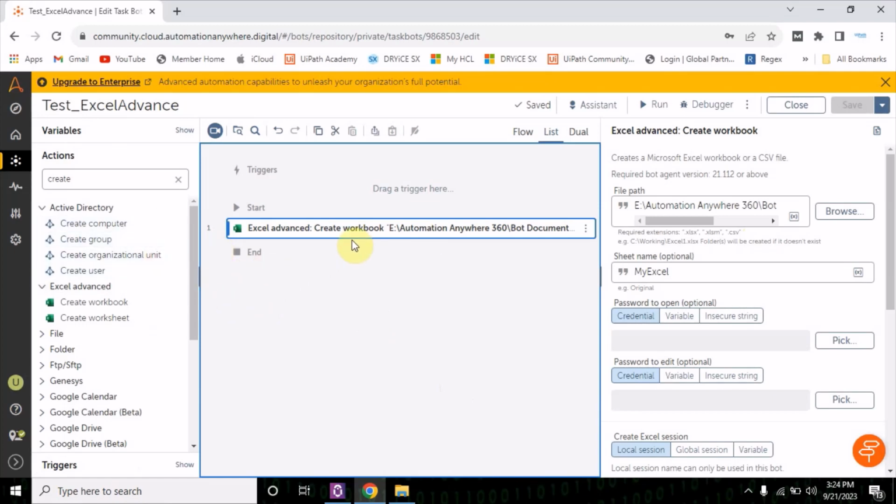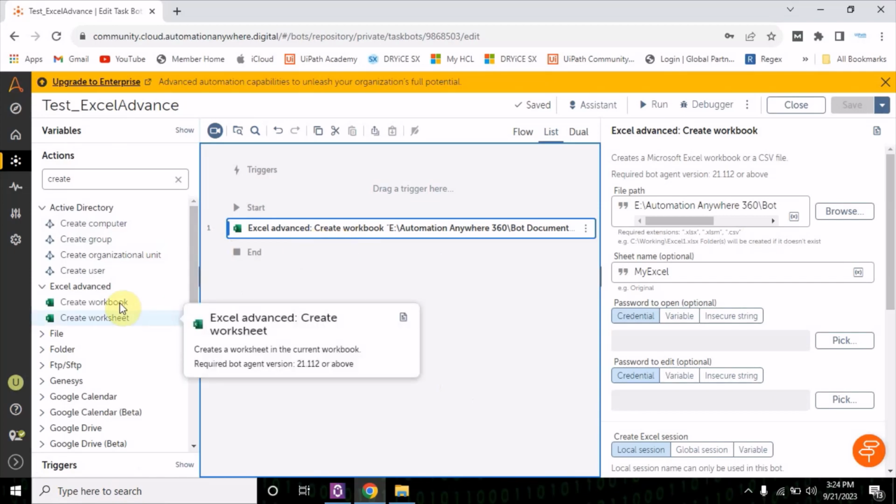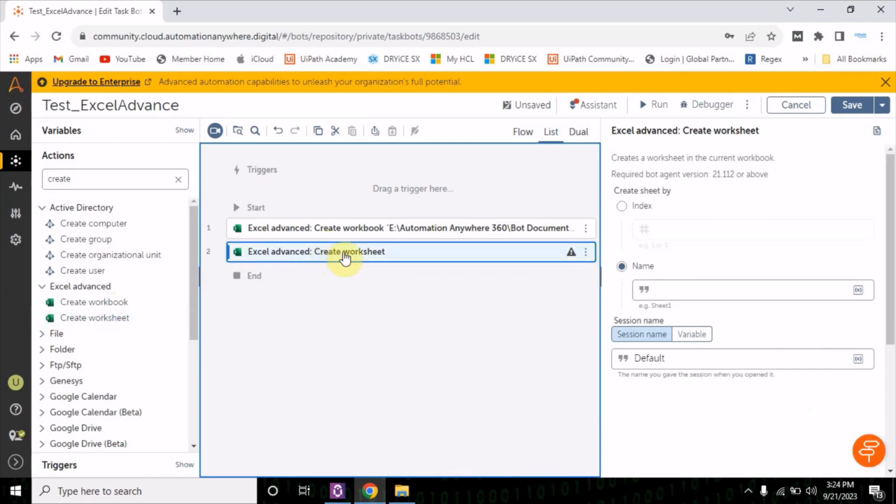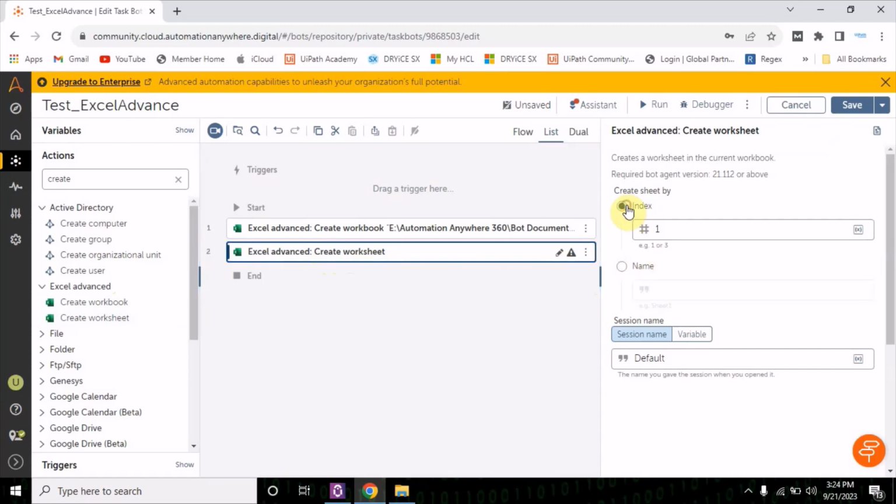Now once the workbook is created, let's see how we can create a new worksheet in it. So let me drag and drop this create worksheet here, and then you can provide either a name or an index. The index will start from 1. The first sheet will be 1, the second will be 2. If you want to give a name, you can provide a name also, just like if I want to provide a name as sheet test,